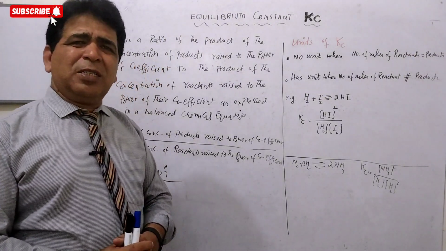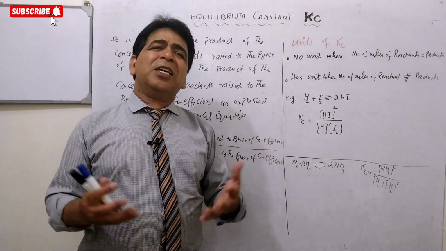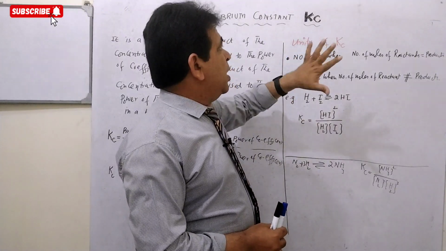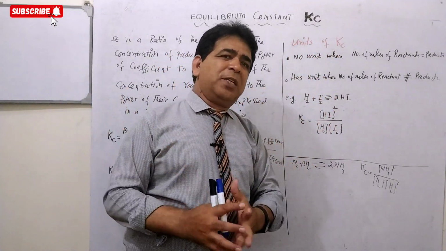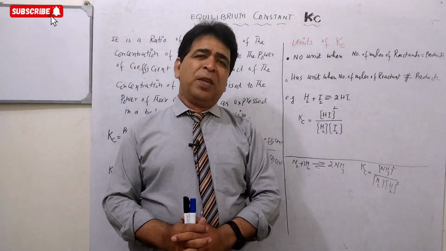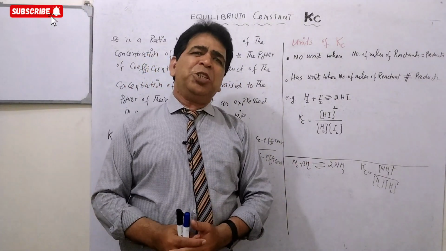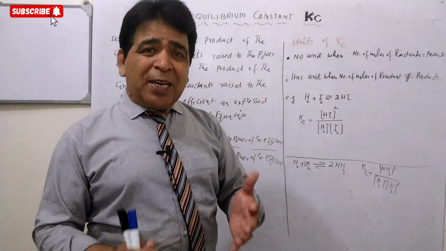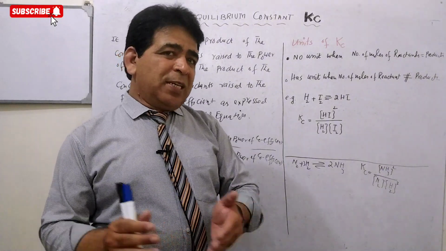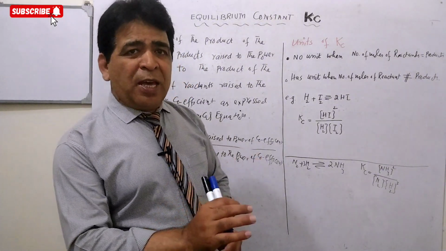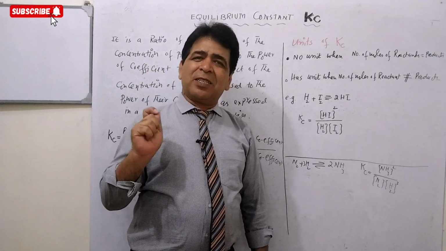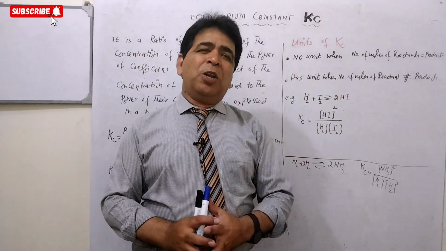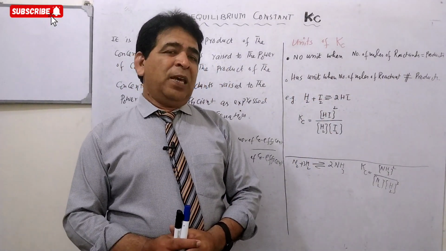Now the next question often asked is, what are the units of Kc? So now we will discuss the units of Kc, dear students. There are two options in units of Kc. Sometimes Kc has a unit and sometimes Kc doesn't have a unit. The question is, when does Kc have a unit? The answer to this question is very simple. When the number of moles of reactants and products becomes equal to each other, then there will be no unit of Kc. And if